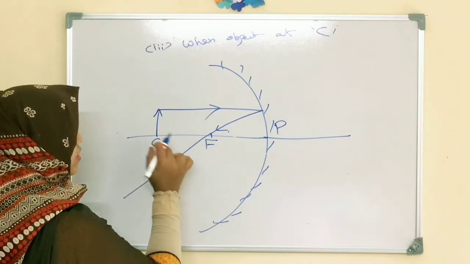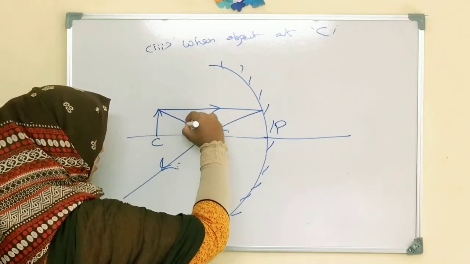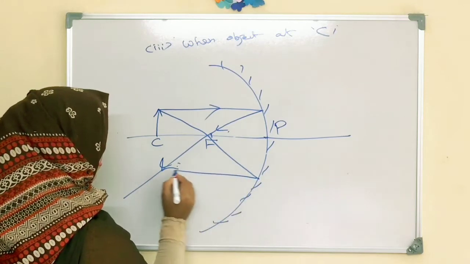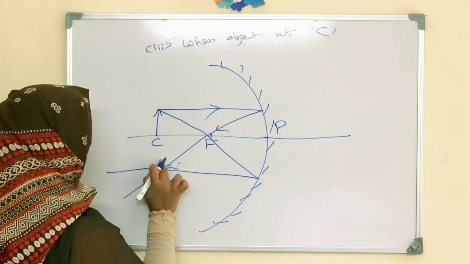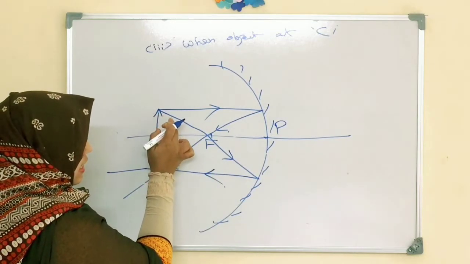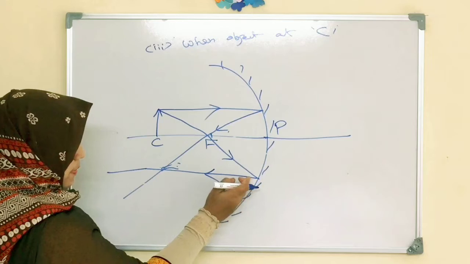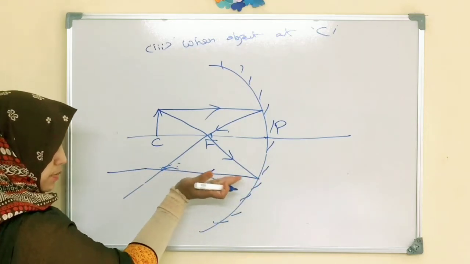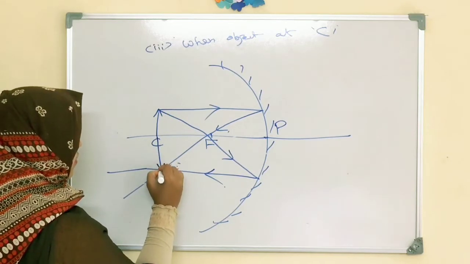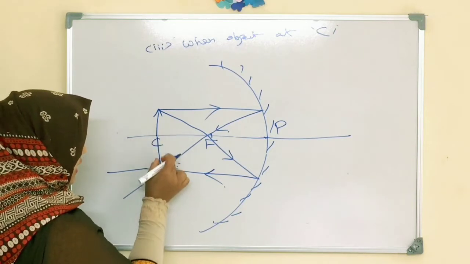Then, using the next rule, the second rule. The second rule is when an incident ray is passing through the principal focus. After reflection, it passes parallel to the principal axis. So we get these two rays meeting at this point. So here we get an